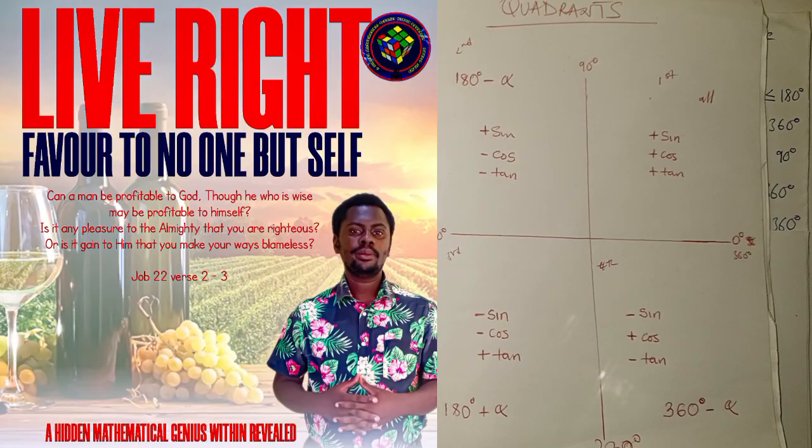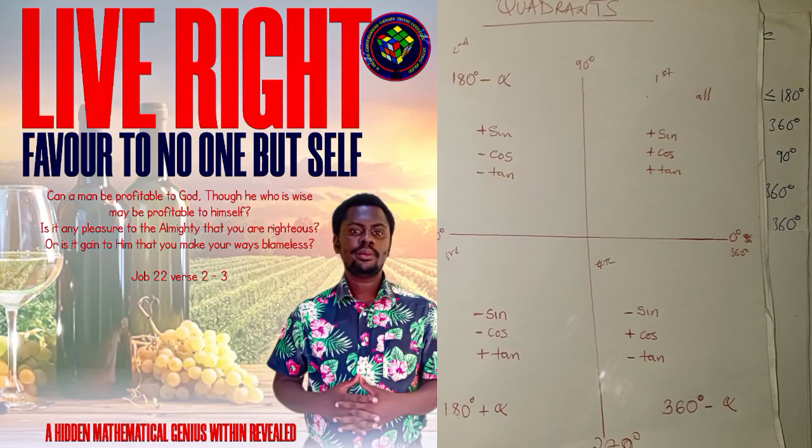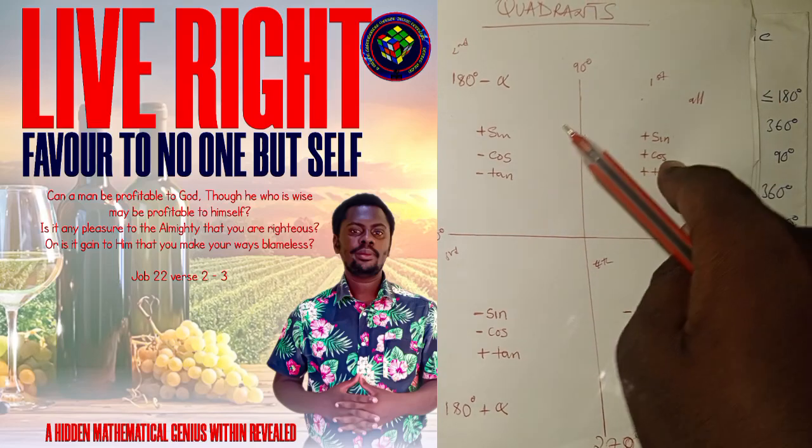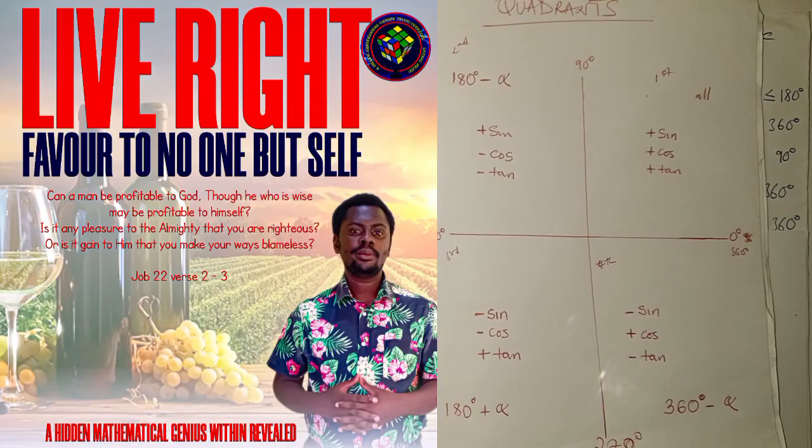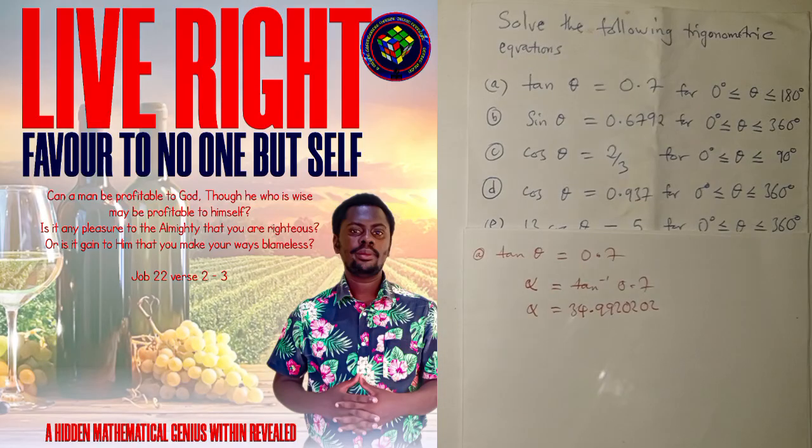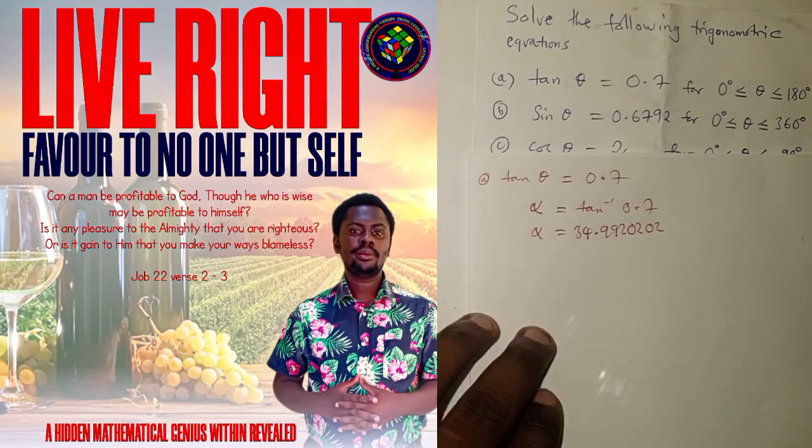So tan is positive in first and third. And this third is not part of the solution set. So we only get the value in the first quadrant. And in the first quadrant, this is the same value. So therefore,